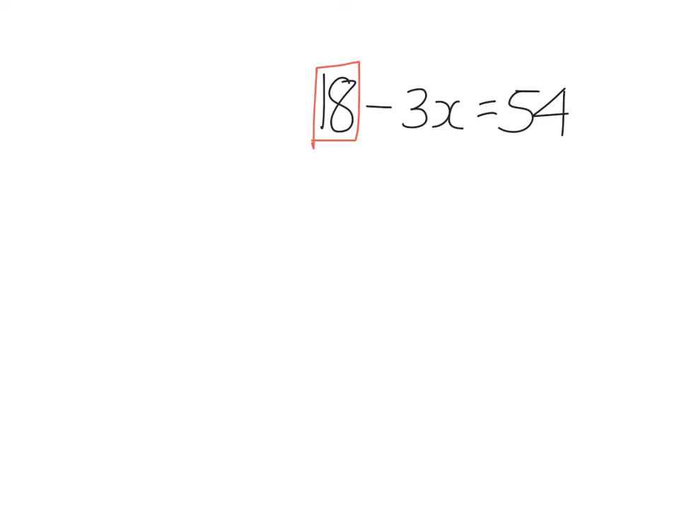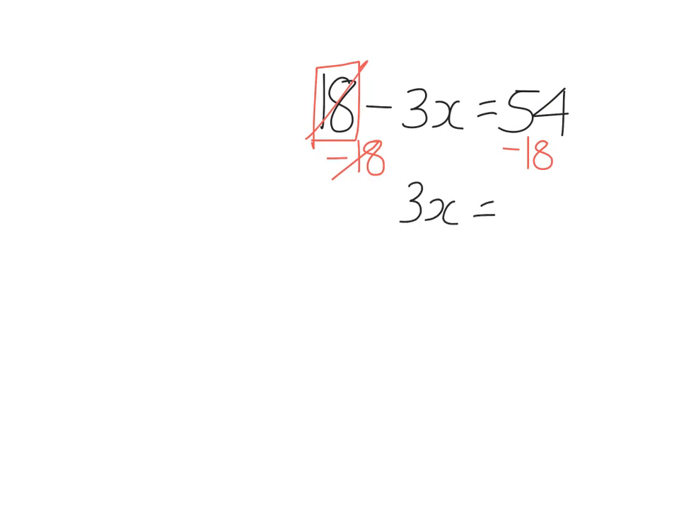It is positive. So to get rid of it, I don't add 18 to both sides. I need to subtract 18. Because if you have 18 of something, you need to take away 18 of that something to have 0 to get rid of it. So what I do to one side, I do to the other. So 18 minus 18 cancels out. I'm left with